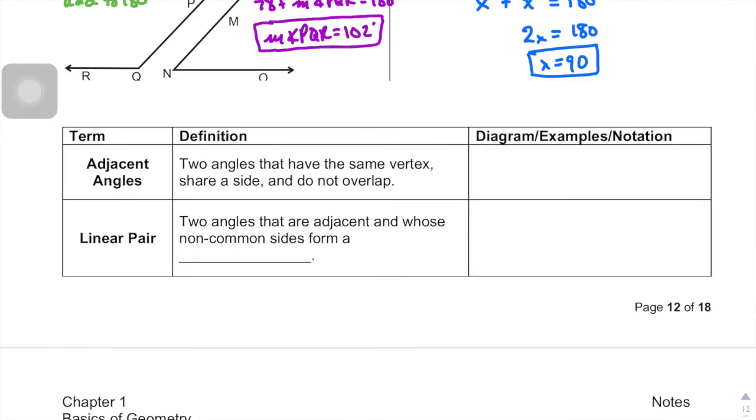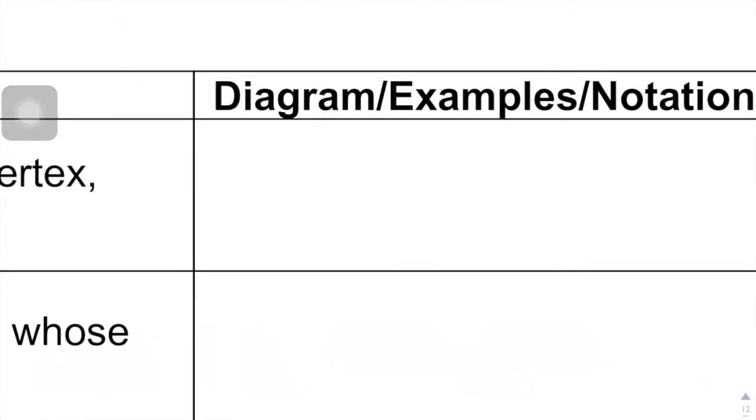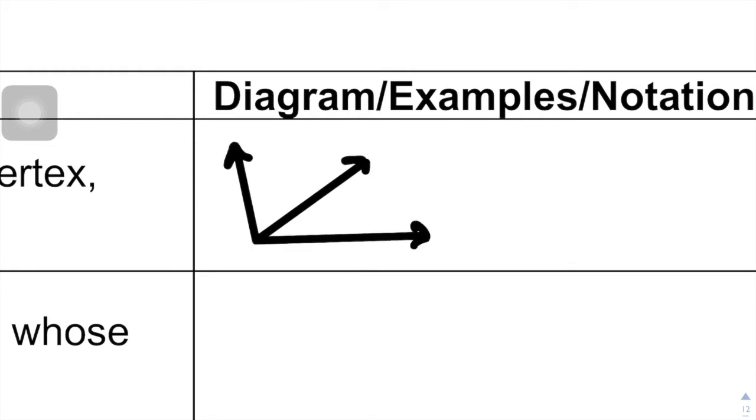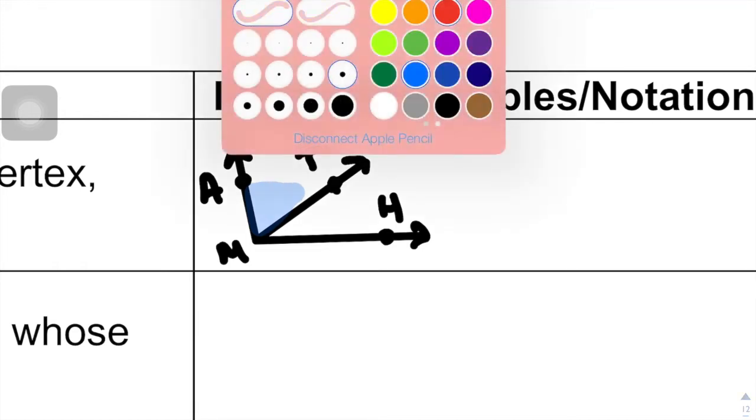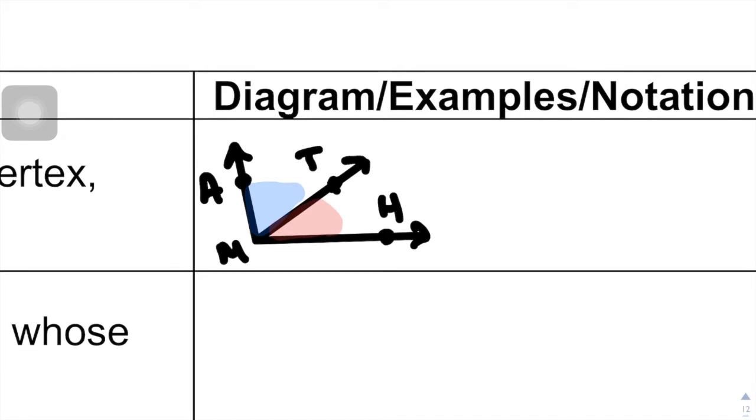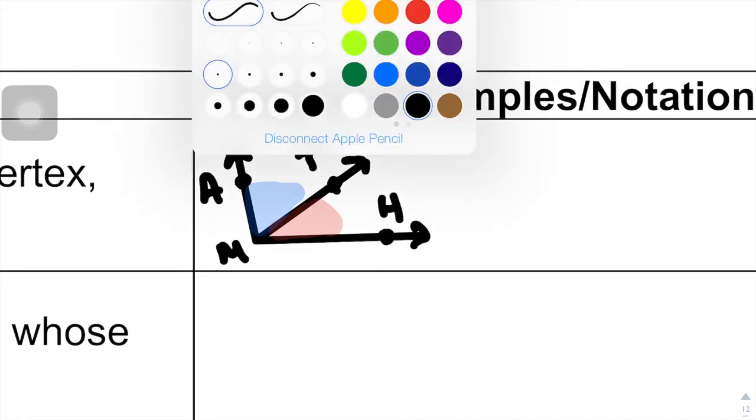Two more terms, adjacent angles: two angles that have the same vertex and share a side and do not overlap. Right? So adjacent angles, a picture similar to this one. This angle here is adjacent to this angle. So if I were to write that out,